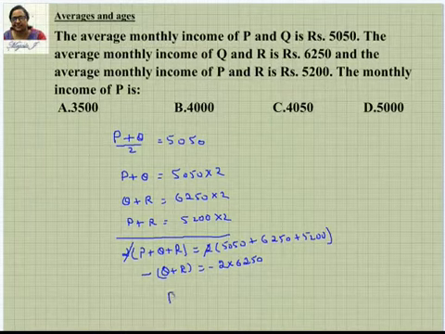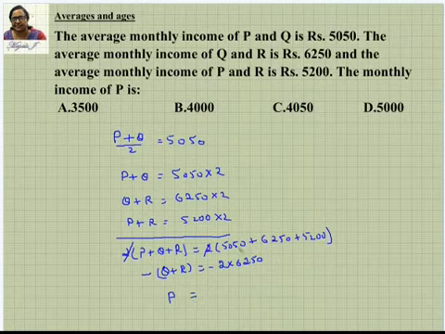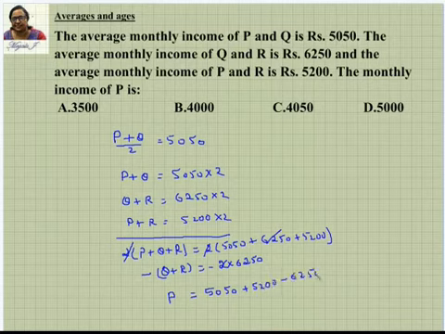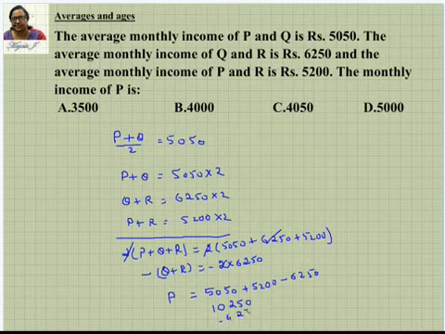So when you subtract this one from this, we get here P, which is equal to, this side you can see that you are going to cancel this part with this one. So the left out now is going to be 5050 plus 5200 minus 6250. So when you add this term, 5000 plus 5000 is going to be 10,000. 200 plus 50 is going to be 250. So this is going to be 10,250. And then subtract this 6,250, which is nothing but 4,000. So your answer is 4,000.